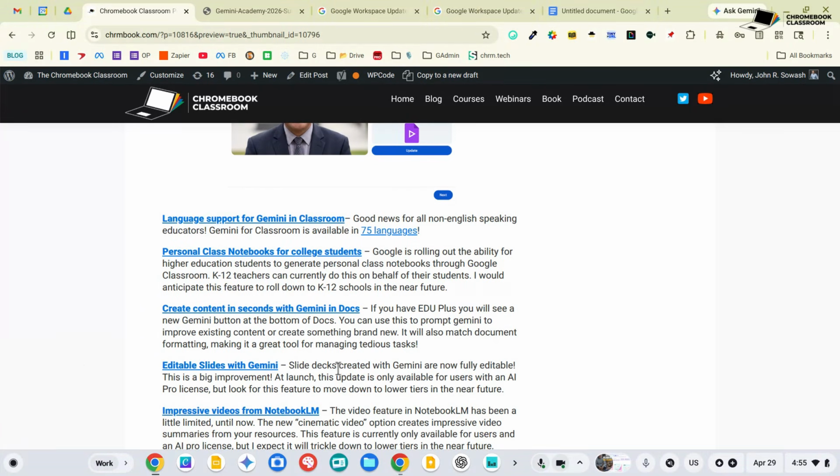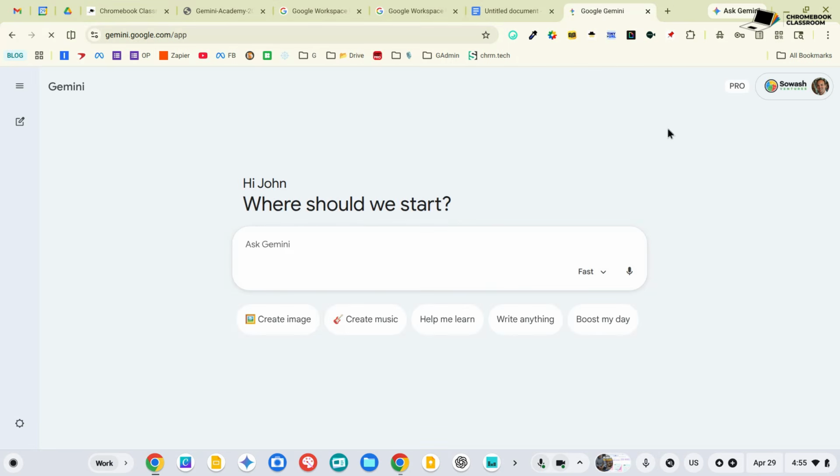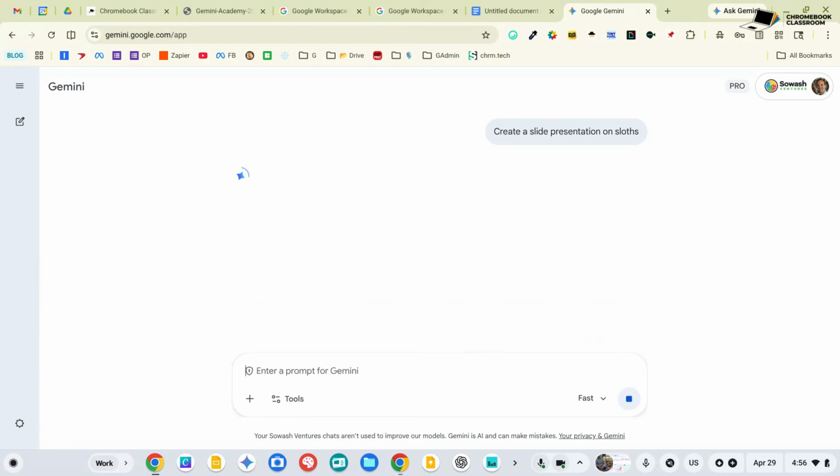Now, this one is very useful. This one is available for everyone. So if you go to Google Gemini and you prompt it to create a slide presentation on sloths, it's going to create a Google slide presentation.